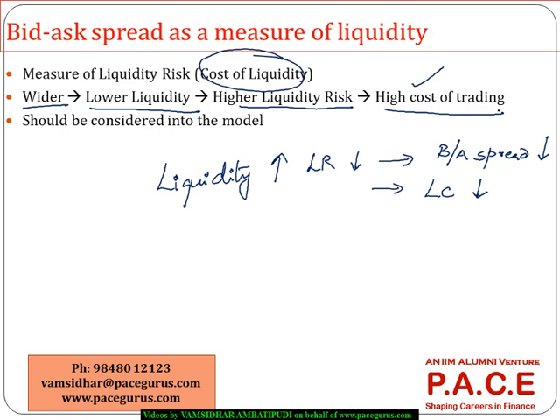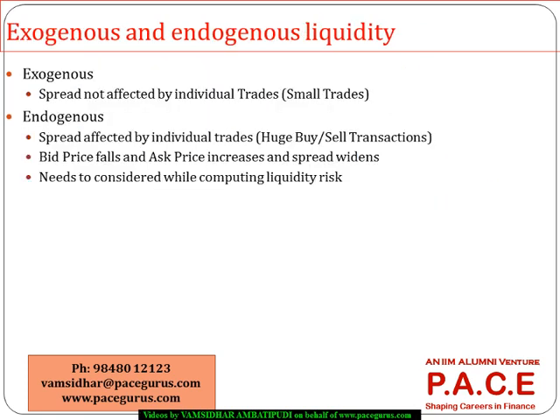And when we talk about this liquidity risk, we are trying to look at it from the two dimensions. One, we call it as exogenous liquidity. The other is called treated as endogenous. A very interesting aspect of exogenous is whatever is the spread. See, the bid versus the ask, the buy versus the sell, the buy price,